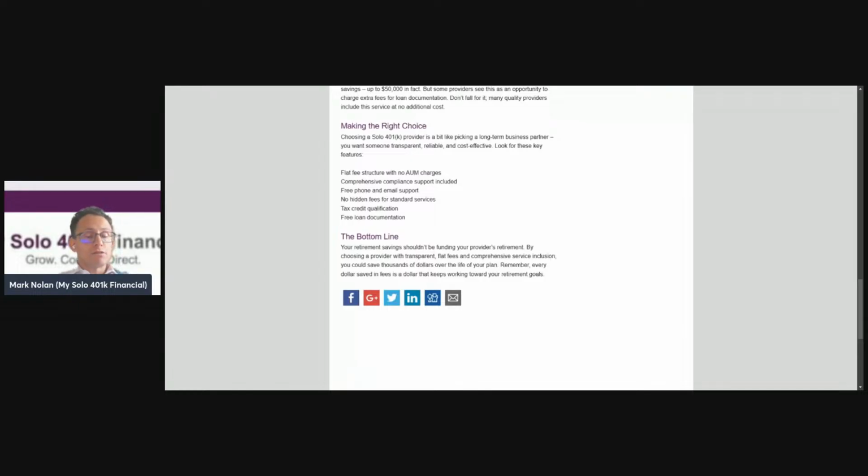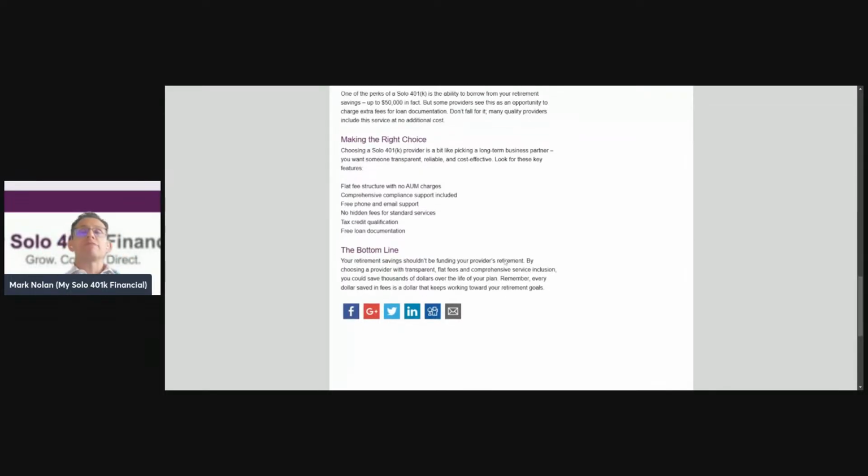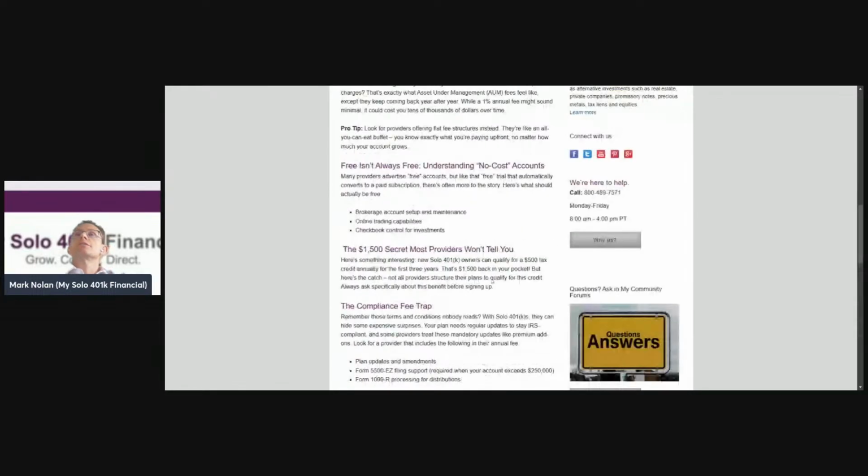to subsidize solo 401k costs. If you open a plan with My Solo 401k Financial, that auto contribution credit will be included, and we'll make sure to provide the applicable documents, that's also part of the auto contribution credit. We also want to make sure that they'll provide Form 1099 reporting, Form 5500-EZ reporting, and loan document preparation at no additional cost. And let's talk about how My Solo 401k Financial fees work, since we're talking about what